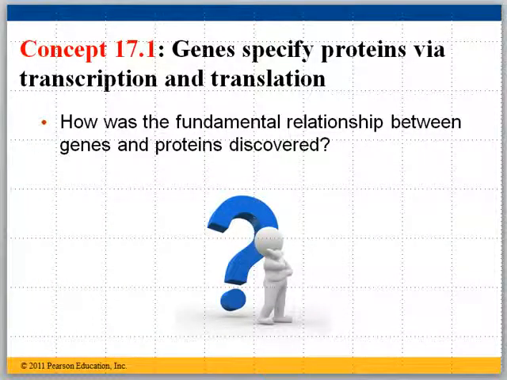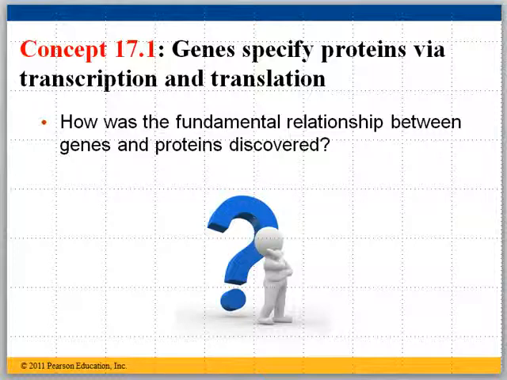We're going to start with concept 17.1, and that says genes specify proteins via transcription and translation. So a gene basically is going to be an instruction code that tells the body to create a specific type of protein, and it will tell it how to put that protein together. So basically think of it as an instruction code like a recipe or like a blueprint to build a house. You have a list of ingredients, and then you have an order in how to put those ingredients together to